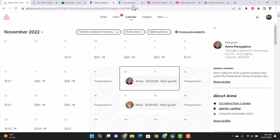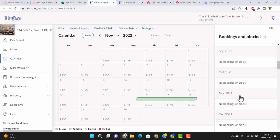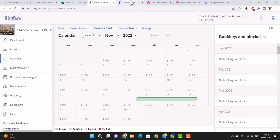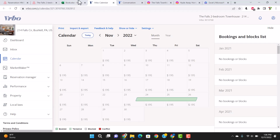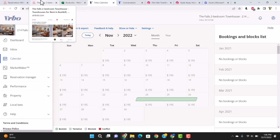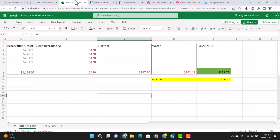And then when I hop over to VRBO here, I had one booking that was for 3 nights, and the payout was, let's see. Okay, here it is. The payout was 566. So I'm gonna plug that into my Excel. I already plugged that into Excel, and I'm just going to give you a quick snapshot of the total